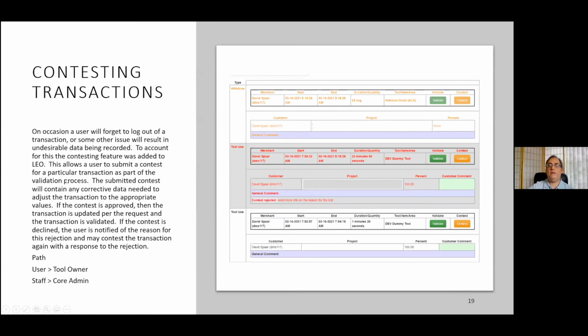The contesting page, it's the validation page that's been updated to include a contest button. And when the user contests a transaction, it will show up in the validation page with this yellow background to indicate that it's been contested but not yet resolved. If it is rejected, the contested transaction will show up with this red text and a contest rejected note,